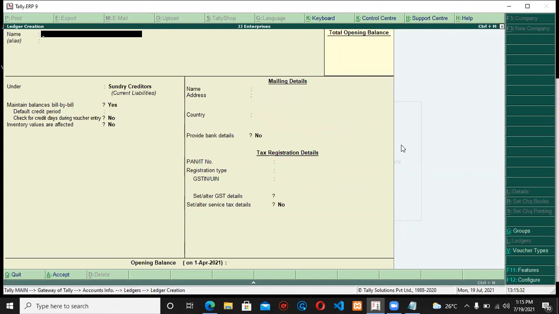So after creating your advertising service ledger, state tax ledger, and sundry creditors ledger, we are supposed to record our transaction. This transaction is going to be a purchase transaction. Tax is calculated on the basis of state and registration type. Remember this point: tax is calculated based on state. Why? Because the services are rendered and the place of supply where it is rendered is the same. We are discussing intrastate inward supply of services.